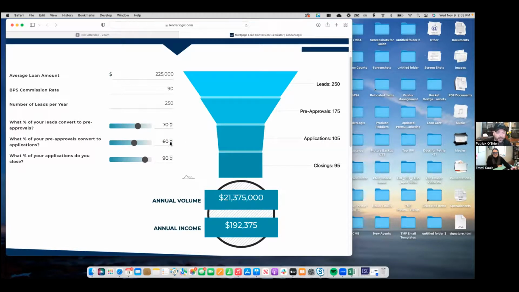In that situation, I didn't look at what my first number was here. So in this situation, we've got the loan officer making $159,000. They're doing $17 million a year in volume on 88 applications. What happens if we can get that to 60%? Now they're up to $192,000, $21 million in volume, 105 apps. Just by tweaking how they were dealing with that borrower during that pre-qualified, pre-approved phase of the process. It's such an important thing. We can influence how successful a home buyer is at buying a house.